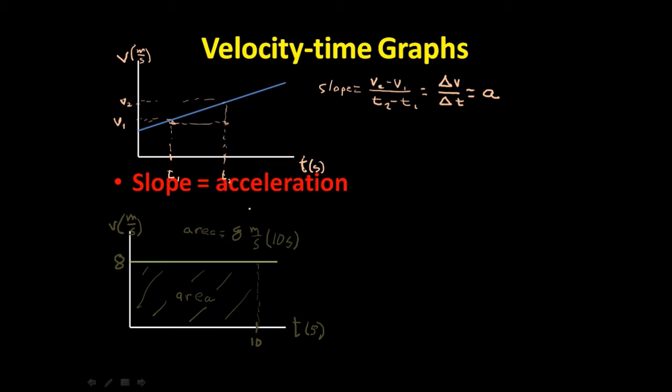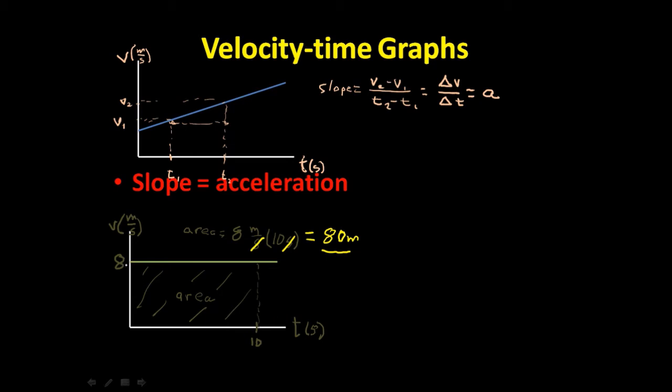If you're paying close attention, you'll see that the seconds cancel here and here. And so we get an answer of 80 meters. That's an area? Well, it's an area of a graph, not an area of your carpet. So that makes sense when the graph has units of meters per second in the vertical direction and seconds in the horizontal direction. But something else that's really important about that number,